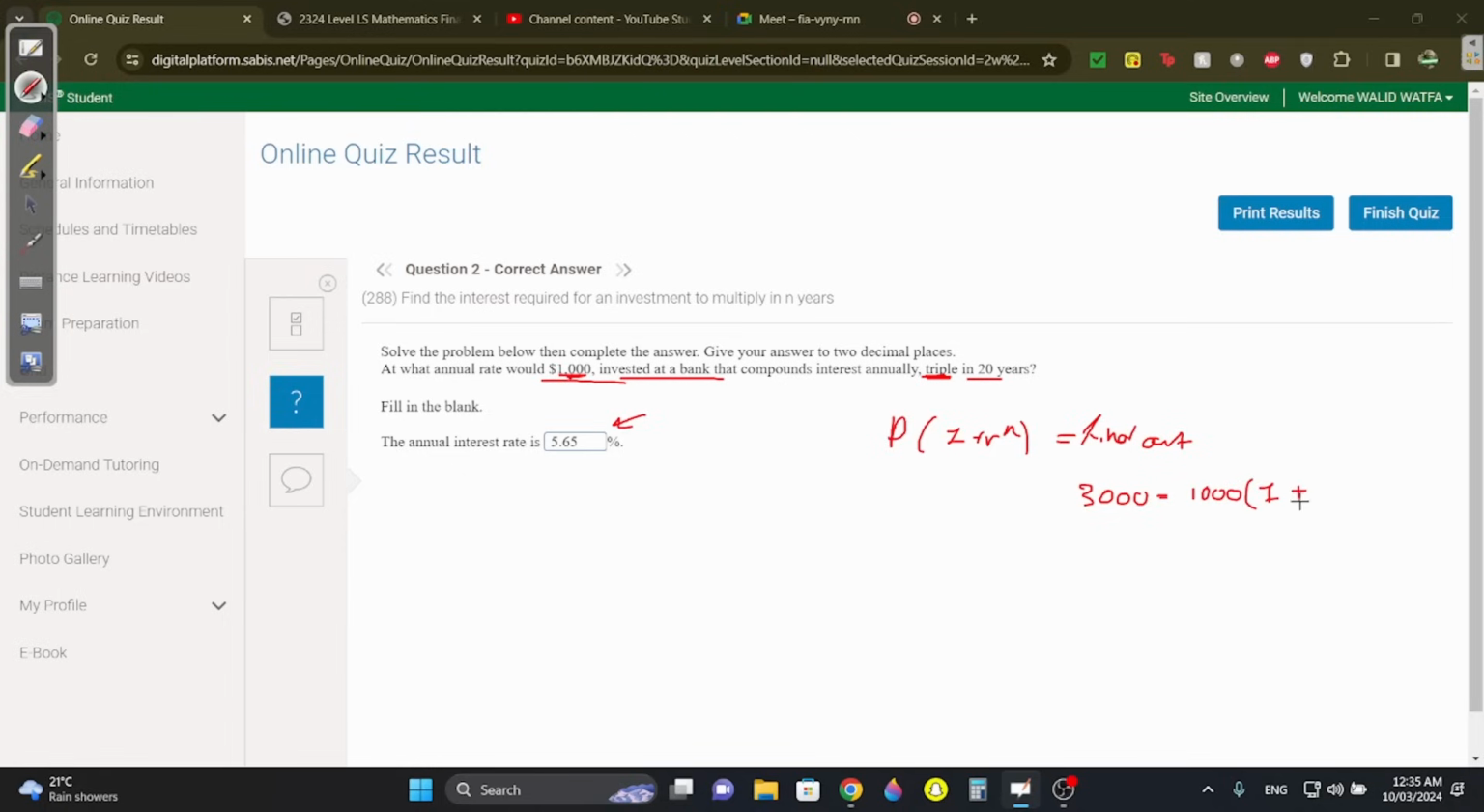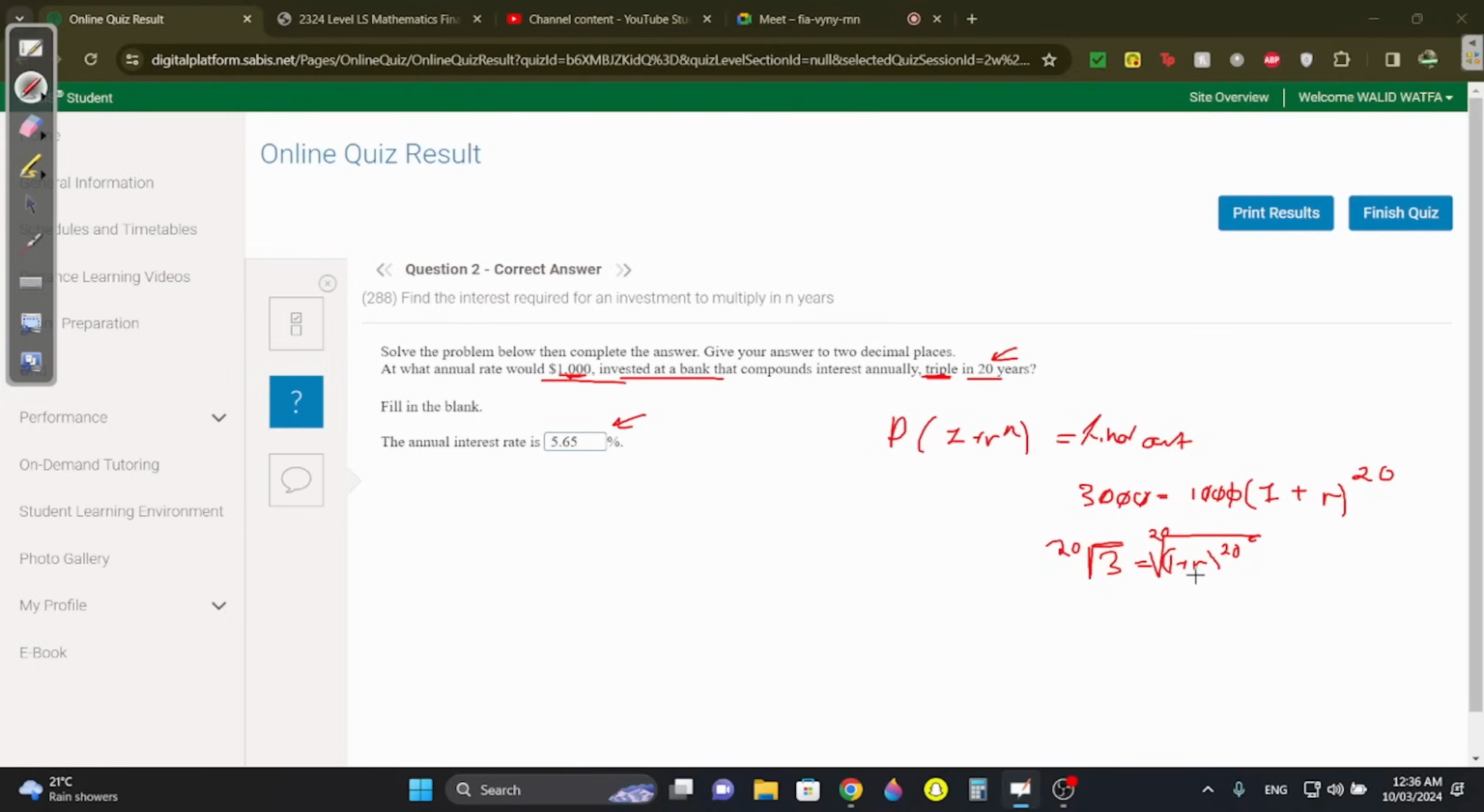1 plus R. Do we know what that R is? No. To the power of n. We know that n is 20 years. Before continuing, let's cancel these zeros on both sides. You'll be left with 3 equals (1 plus R)^20. We have to get rid of this 20, so we have to do the 20th root of 3 on both